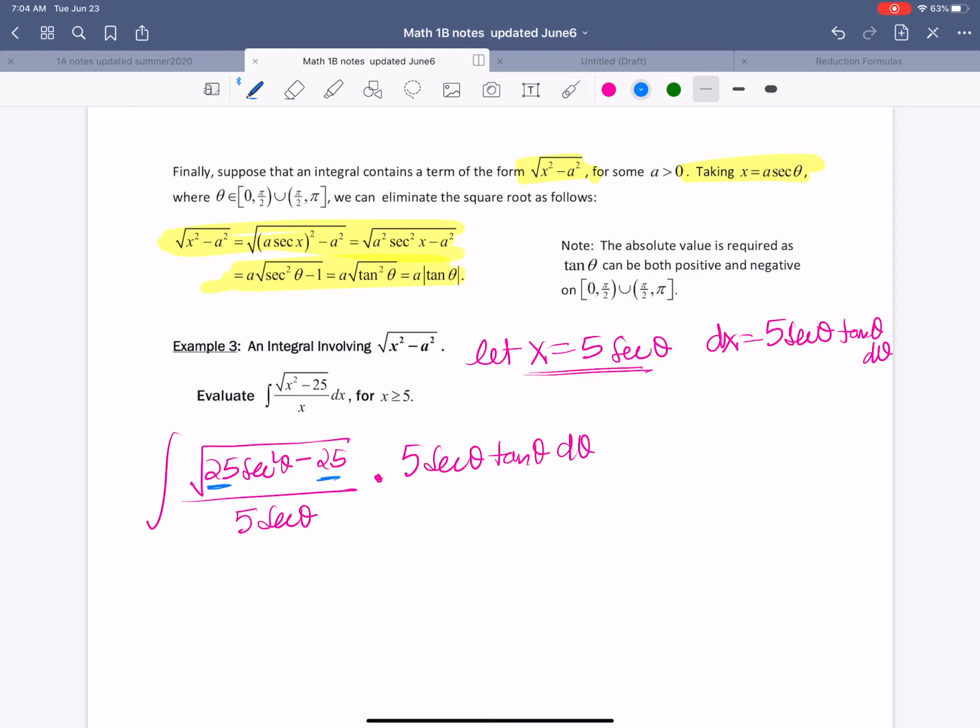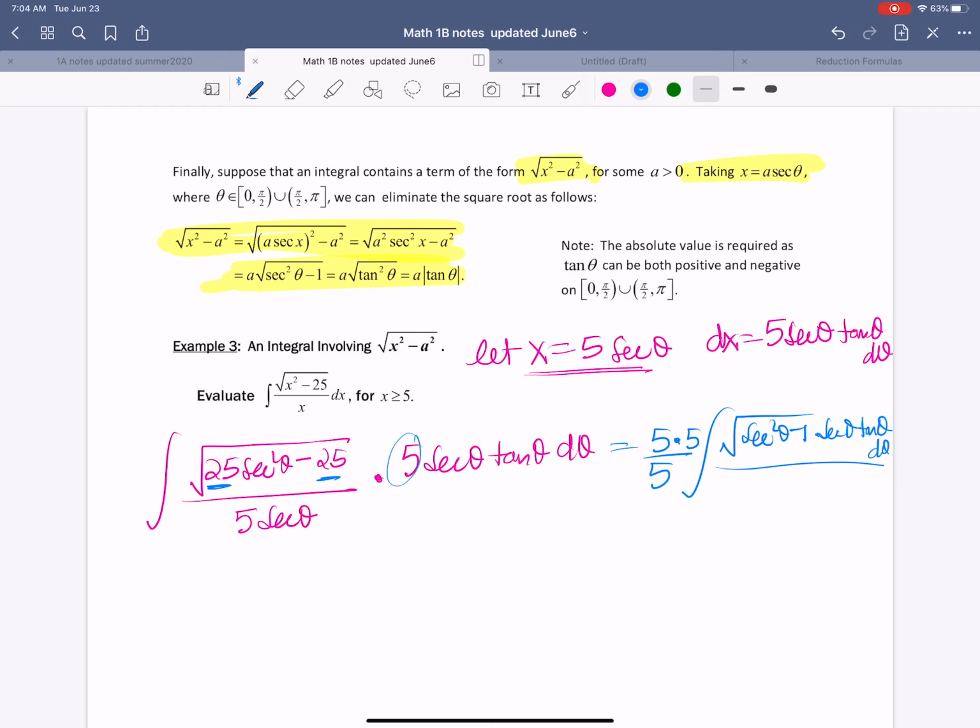I can pull out a 5 from here. So 5 can be pulled out from the numerator and denominator, and there's another 5 in the numerator that we can pull out. So I'm left with secant squared theta minus 1 times secant theta tangent theta d theta divided by,